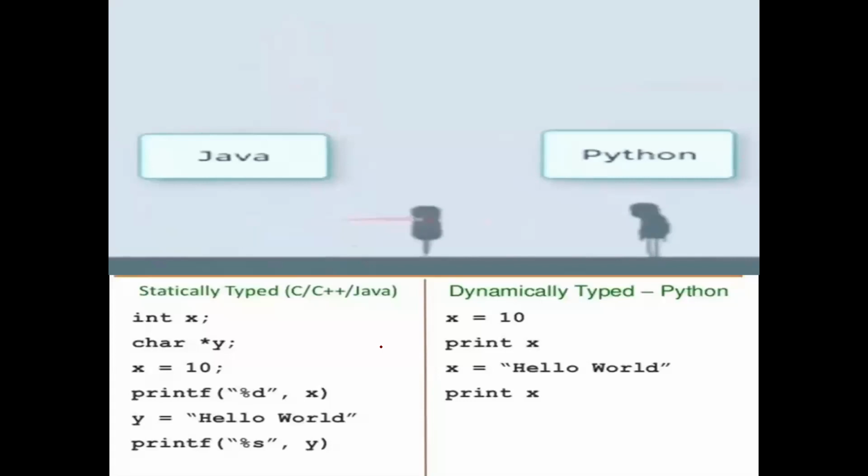I think we'll have to reconnect, because it's showing that we have just 8 minutes left and it will get disconnected.